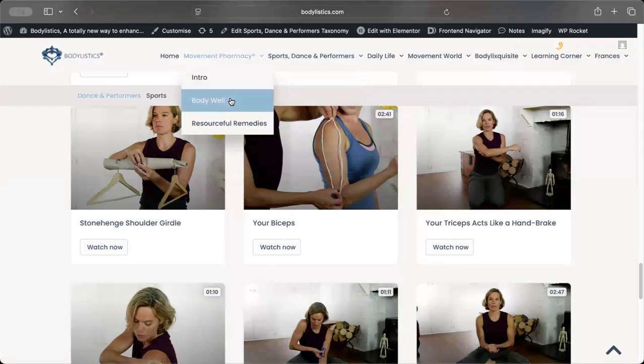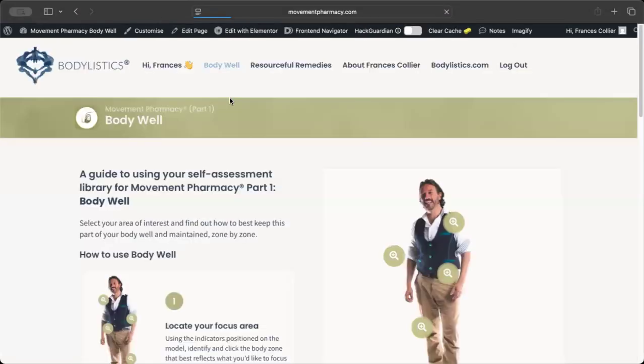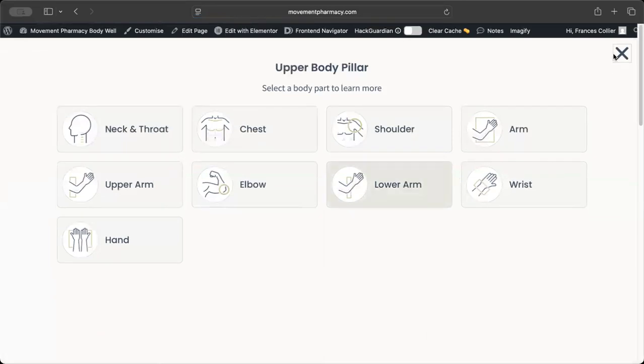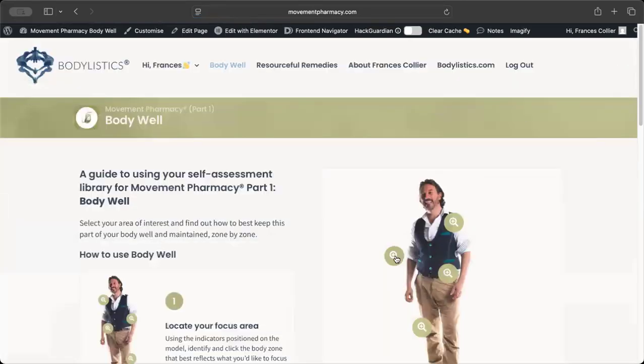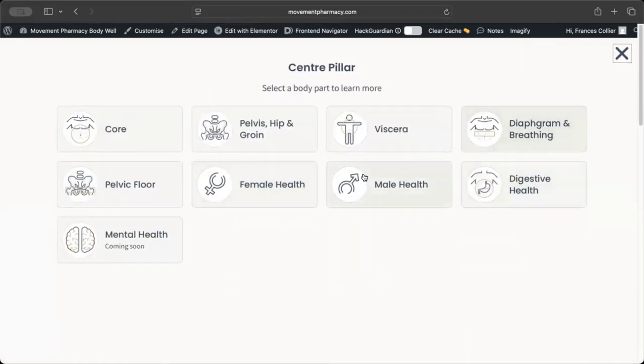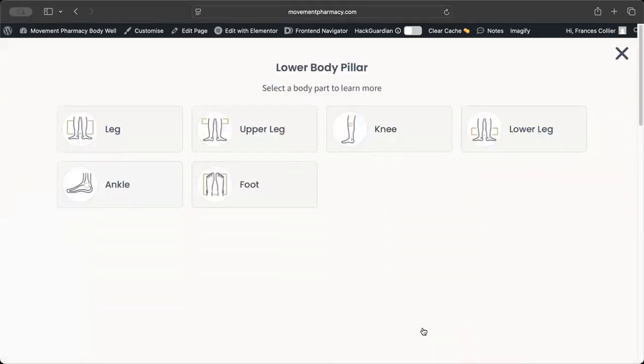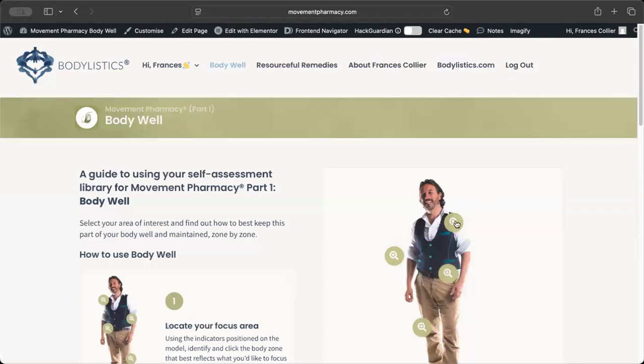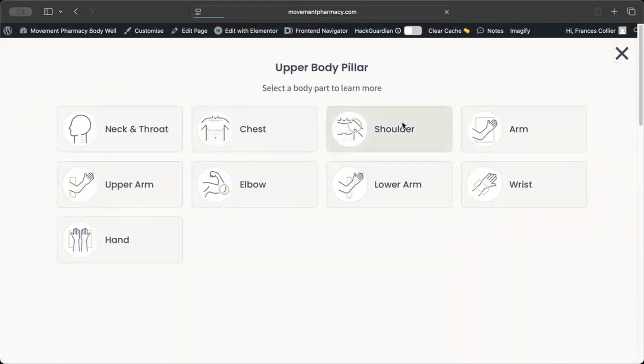The movement pharmacy itself has different pillars. It's got each body part, whether it's the upper body, the back, anything to do with your center, diaphragm and breathing included, or the lower body. You've got it section by section. So for example, if you go to the shoulder, you have the whole anatomical breakdown in this imagery-based way,